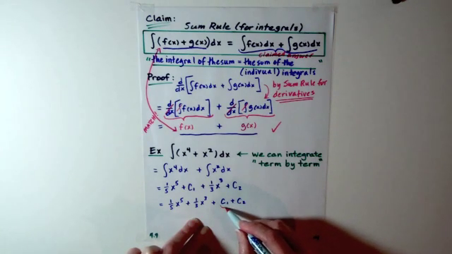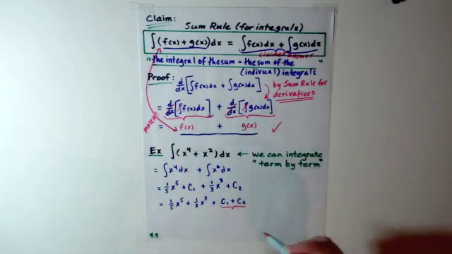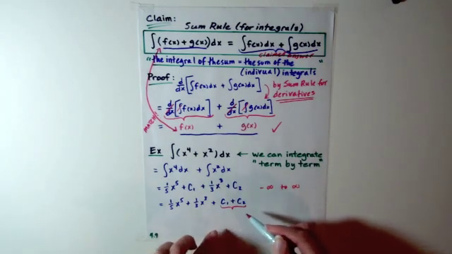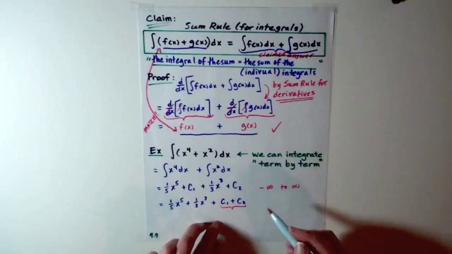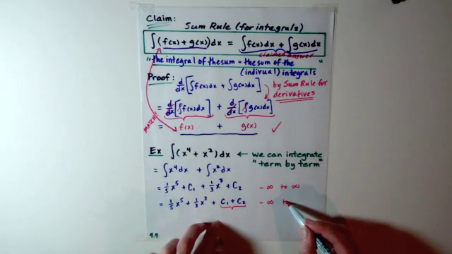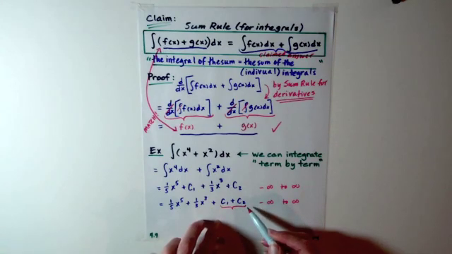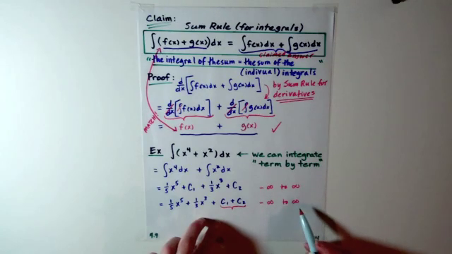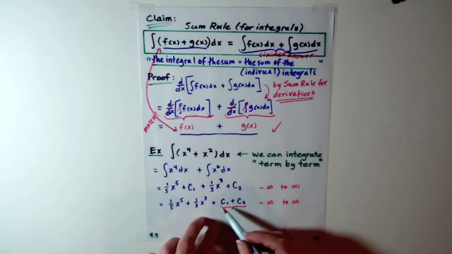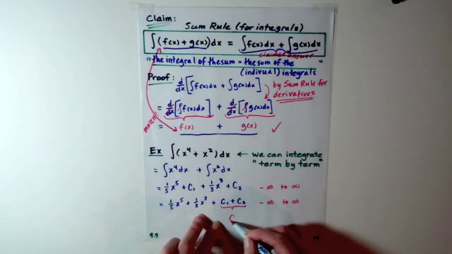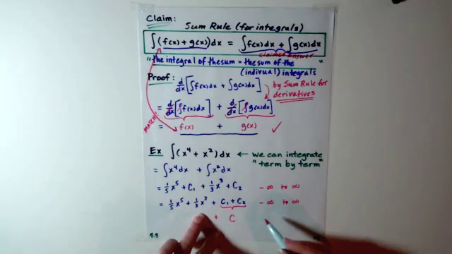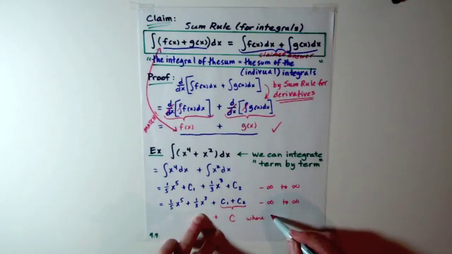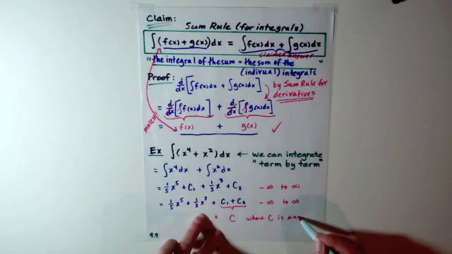If I looked at these two things together and thought of them as individually ranging from minus infinity to positive infinity, their sum would also eventually cover all numbers from minus infinity to positive infinity. So c1 plus c2 would also range over all possible real numbers from minus infinity to infinity. There's no real reason to write c1 plus c2. I could write a single integration constant of c on here and say, okay, I'm adding on c, where c is any real number